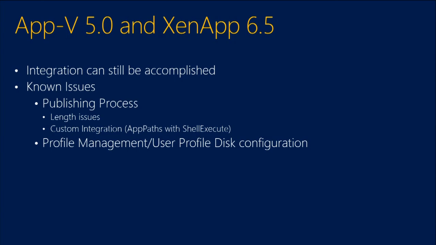You can create a conduit using built-in PowerShell. AppV 5 has something also called app paths, where, like native applications now, the virtual application registers in the registry in the app paths key. And what that does is that allows you to actually easily call an application without having to actually call the path of the application. Because if you've noticed with AppV 5, the default shortcuts, it's a really long path, and you can run into character limitation when working with XenApp 6.5. Actually, two GUIDs. Yeah, you've got two really long GUIDs that are actually included in the path.